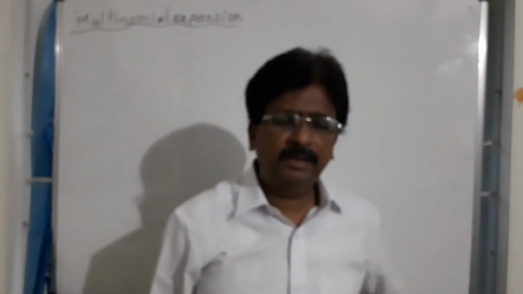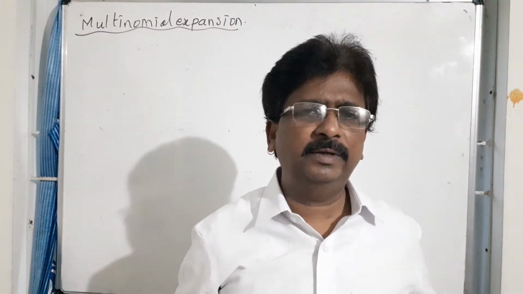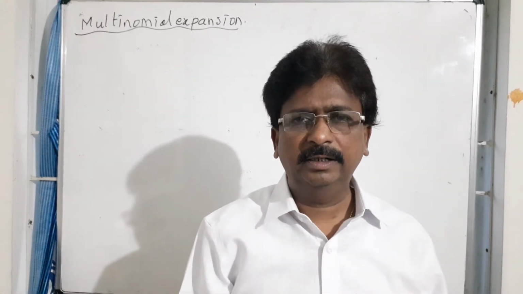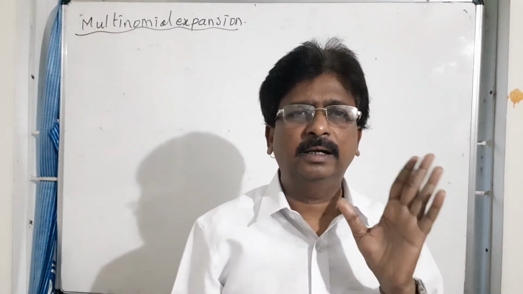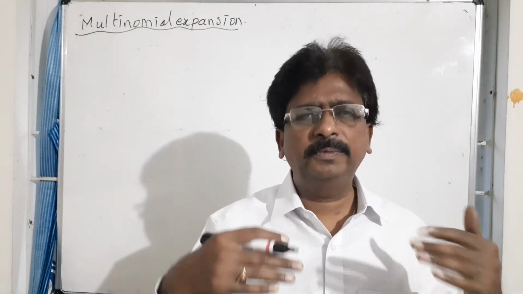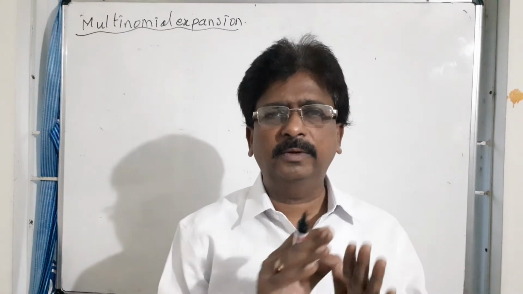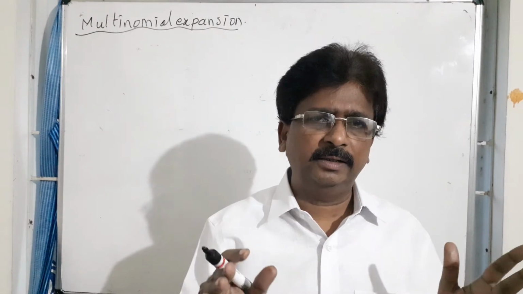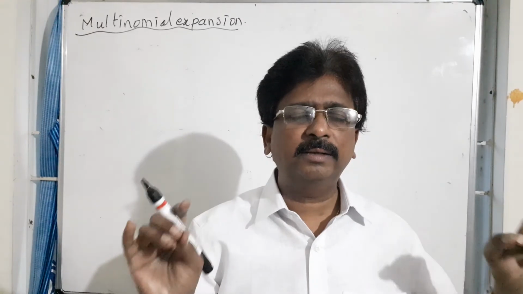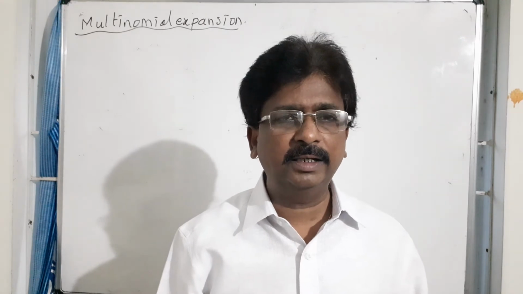Actually, the total expansion cannot be written. The number of the terms is very large, so that is why we cannot write the total expansion. It is one reason, and second reason, the first term, second term, third term, we cannot mention. Suppose if you mention what is first term, what is second term, no use. Therefore, the complete expansion will not be written in case of the multinomial expansion. Now, just only we will write the general term of the expansion. The general term means not according to the term value.